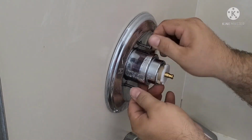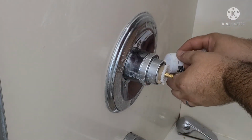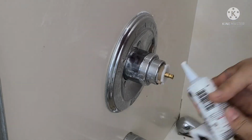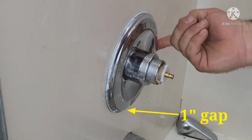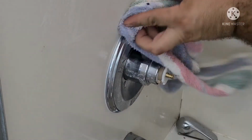Reinstall the trim kit. And using a clear bathroom caulking, seal around the edge of the trim kit. But make sure to leave a 1-inch gap at the very bottom, in case water does get inside, you'll want it to have a way to get out that is not inside